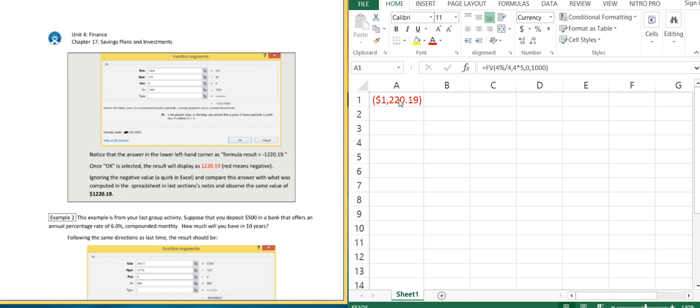There's a phrase like if a company's in the red, it's in the negative. I call it a quirk in Excel. I don't have a good reason. I don't know exactly why. I should find out every semester I teach this. We're saving. I don't know why it comes back in the red or as a negative value, but it does. So you need to be careful if you wanted to add or subtract, if you were going to try to figure out, well, how much did I make in interest, let's say, and I wanted to look at that,